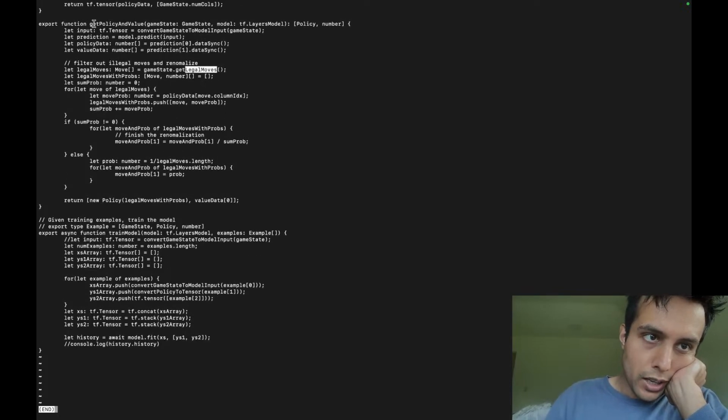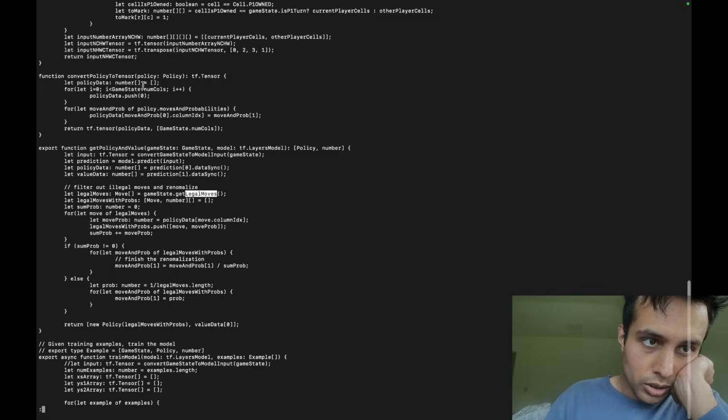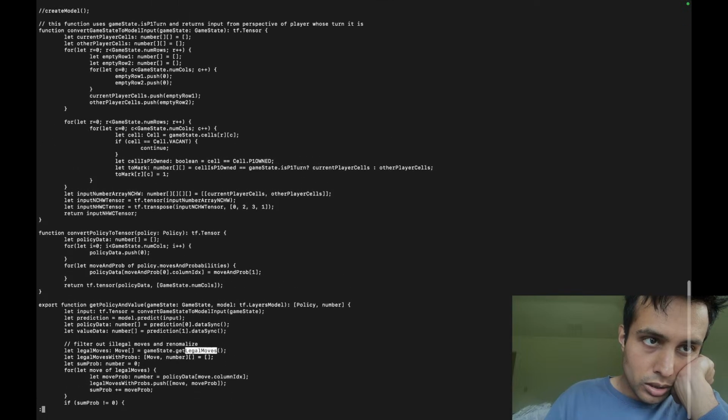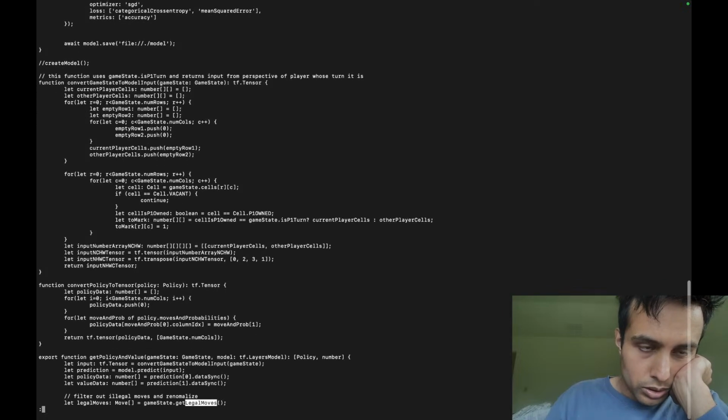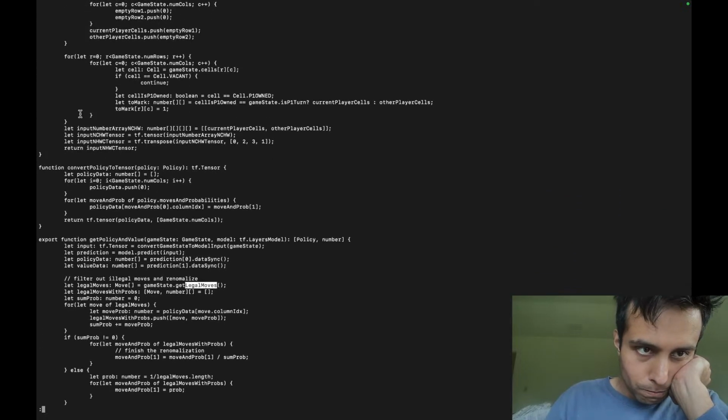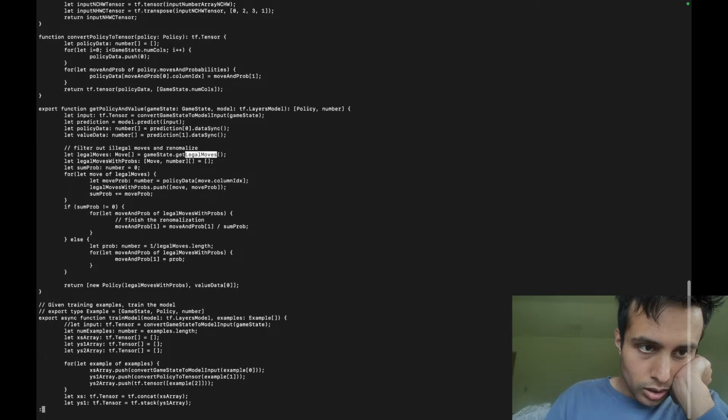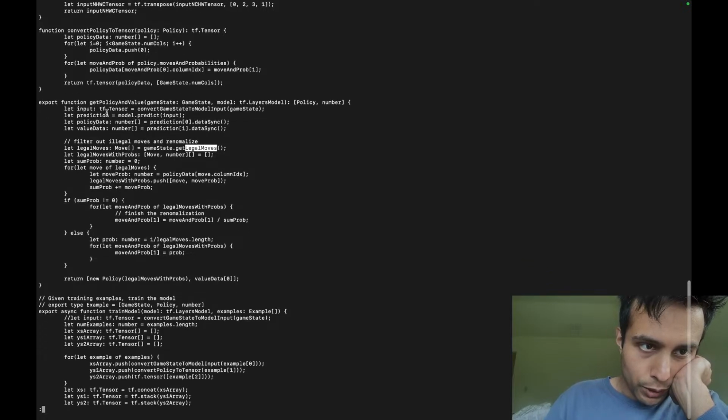Yeah, get policy and value, right? So we have to still do this. Convert to model input. Okay, so I guess it's called model input. That was image stack, maybe that's what you called it, yeah. Anyways. So it takes the game state, converts it into a tensor and input, then we get the prediction, and then